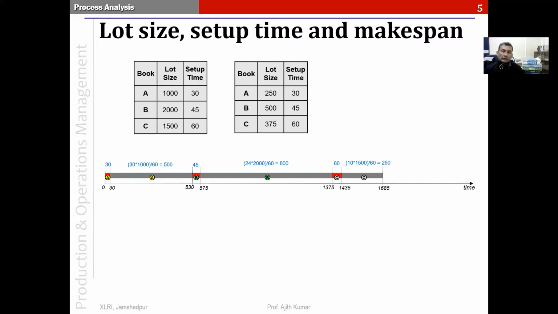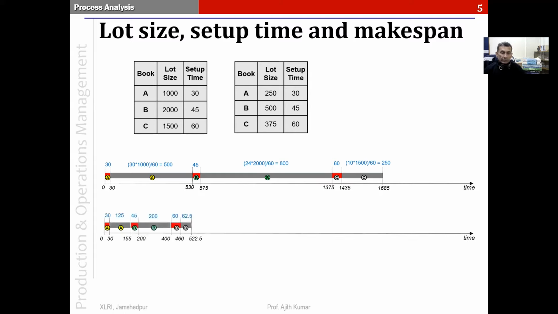So while we would do this, we should note one more thing that's very important. The setup time has not changed. Each time we set up, we would still spend the same amount of time. For example, each time we set up the machine for A, we would spend 30 minutes of time, for B, 45 minutes of time, and for C, 60 minutes of time. But now, in this scenario, the number of setups has become 4 times because we are doing 4 rounds. And therefore, the setup times would all multiply 4 times. So now what would the timeline look like?